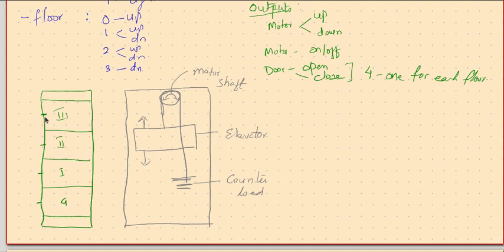Now it has come to third floor. Where do you want? Third floor. It is on third floor. Then stop the motor. The motor stops. That means the elevator stops here. Then say open the door. The door opens. Allow the people inside. So keep the door open for some limited finite period, and then close the door.